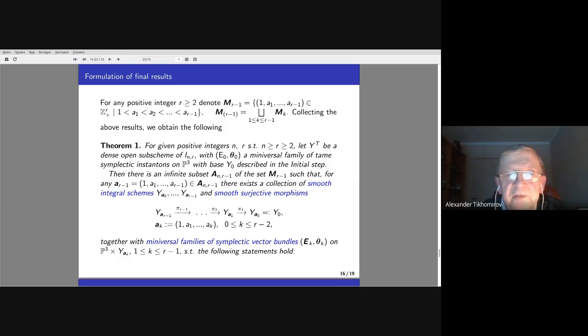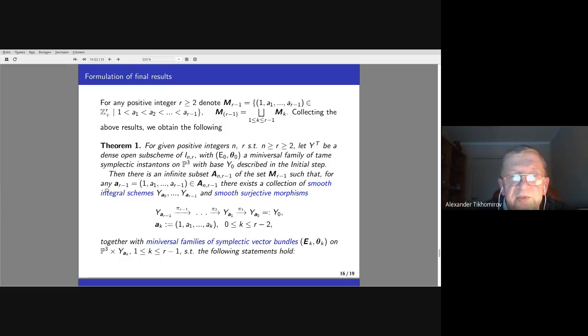Then there is an infinite subset, which I denote by bold A sub n r minus 1, of the set m r minus 1, such that for any bold A r minus 1, which is the collection 1, A1, etc., A r minus 1 in this bold A n r minus 1, there exists a collection of